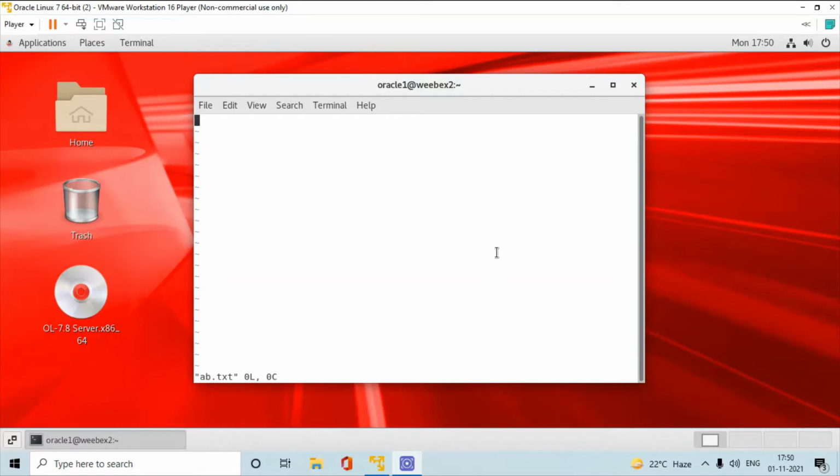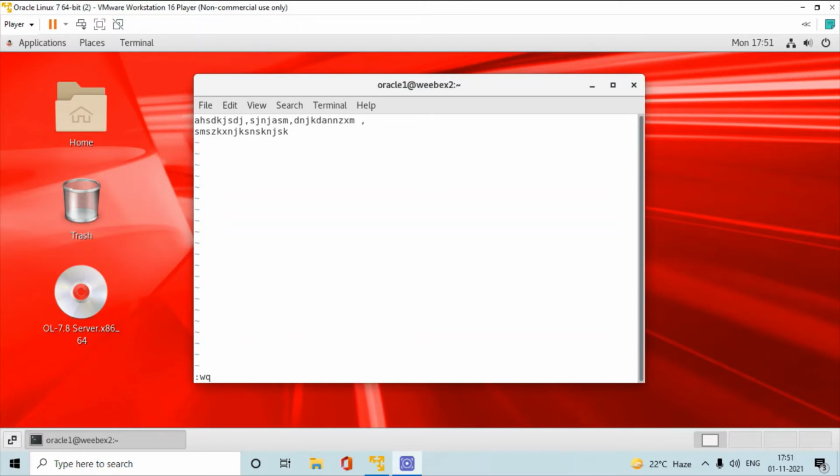First you enter i; it will be insert mode. Here you can type anything you want. And if you want to save this file, first press the escape button and then shift colon wq. wq will be small letters.